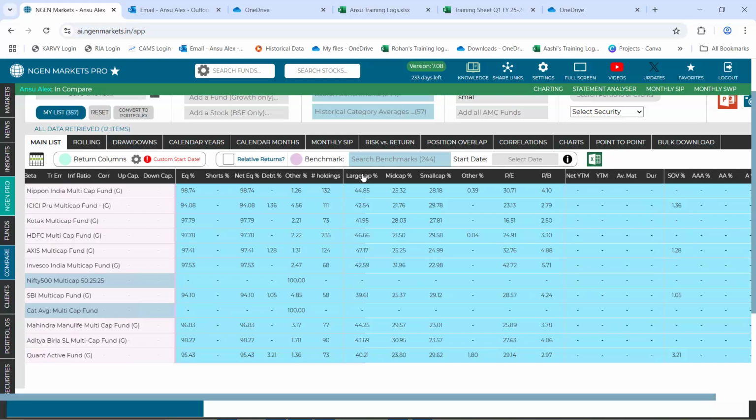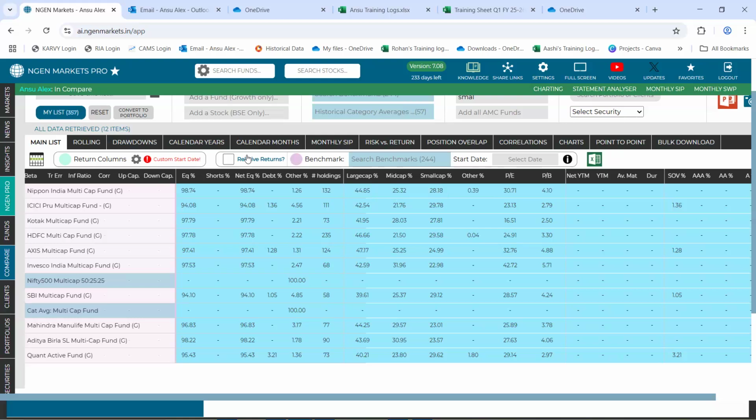In addition to that, you could view the large, mid, and small cap split for each of these schemes. So this will at any time be the latest holding data. Our holdings for each of the schemes get updated on a monthly basis. So between the 8th and 13th of the month, we run our update cycle. So by today, the latest data for each of the schemes would be visible on the platform.